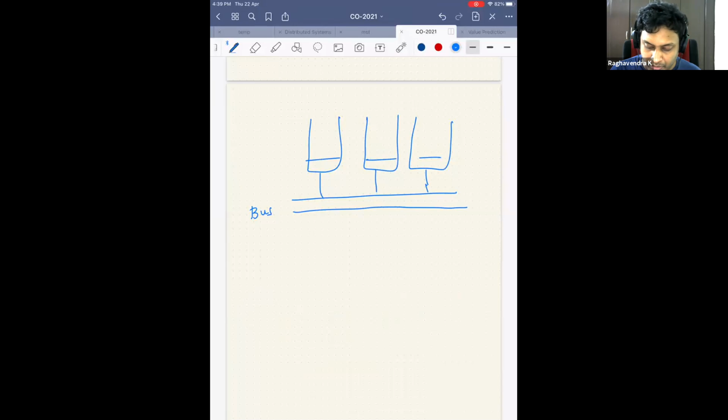Let's say there's one instruction which is waiting for something to be completed. Maybe it is waiting for this instruction's completion. So it will keep observing this bus. It will see, does this instruction produce anything or not? By using something called a tag. Every instruction is now tagged. So this keeps observing the bus, which is common and running across all the queues, to see whether this particular instruction with this particular tag has generated some data or not.